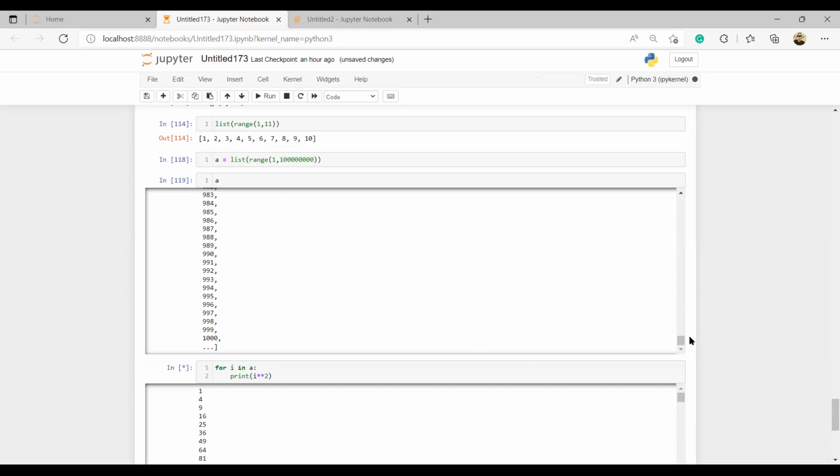So if you go back to the first one, right? If you go to this first one, square of 1 is what? 1. Square of 2 is what? 4. Square of 3 is what? 9. Square of 4 is what? 16. So up to 100 billion. That is what has happened. Up to 100 billion. Oh, wow. That's what you are seeing.